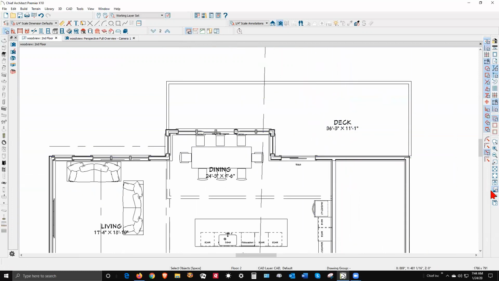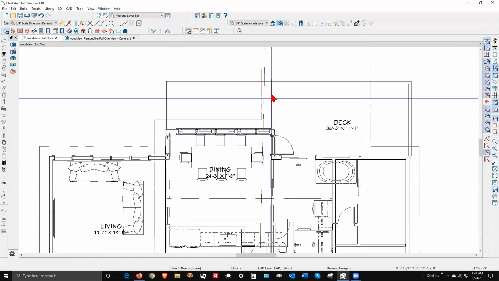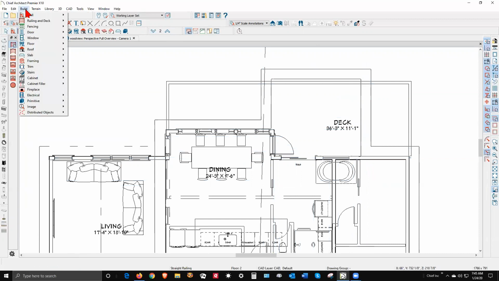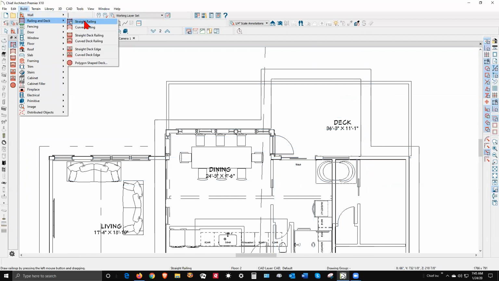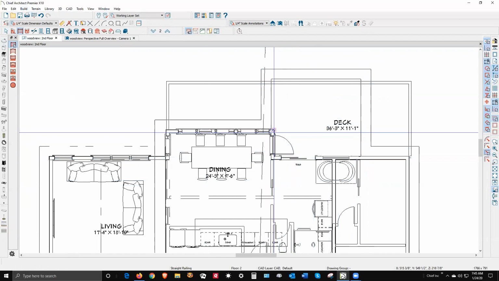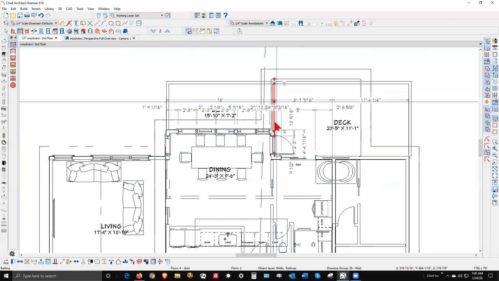What we need is posts. We go back up and down and turn the reference display on. I need something supporting here and here. So I'm going to go over here to the railing tool. Actually, I want to build a wall. No, railing and deck, yeah. Straight railing. I'm going to put a rail here, and so it doesn't create a bunch of decks,